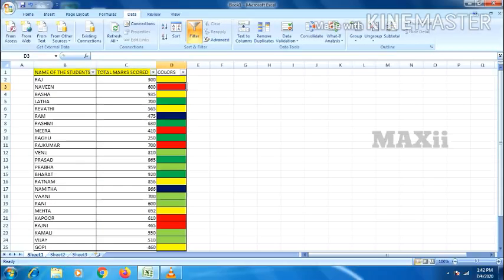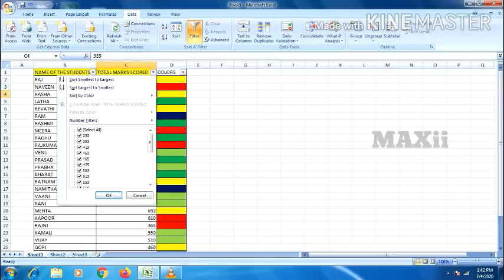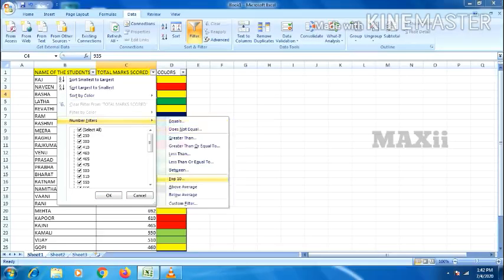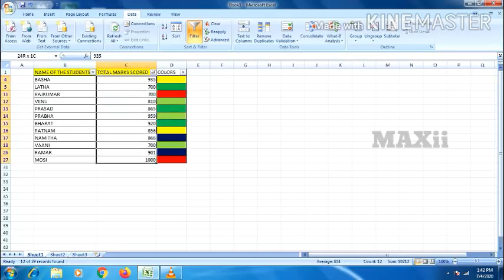If you want to remove the filter, you can use Clear. Then for top 10 items, you can give OK. I got the names of 10 candidates who have scored the top 10.